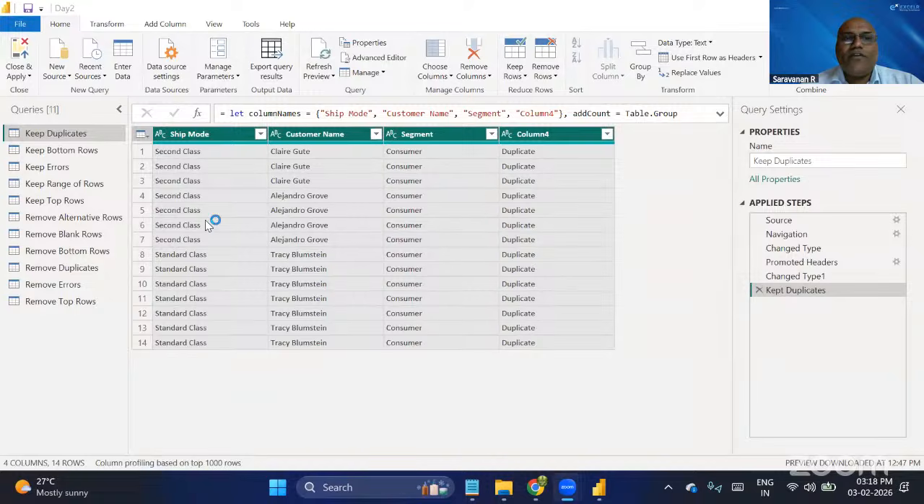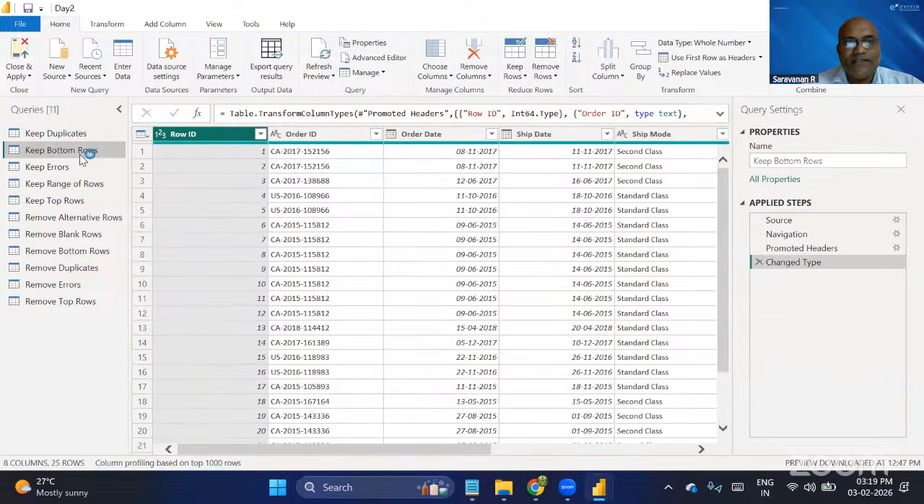Similar to that, we'll go for keep bottom rows. See, in all situations, you are not going to get all the cleansing work. It depends on the data set, right? Now, let us go for keep bottom rows. So, for example, if you see here,